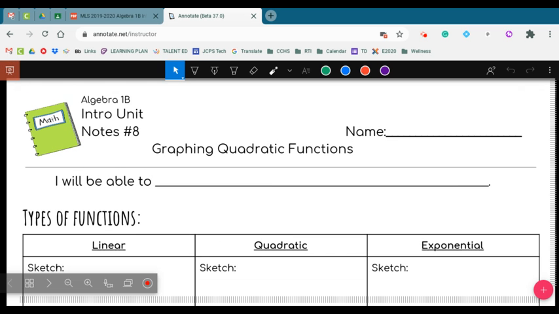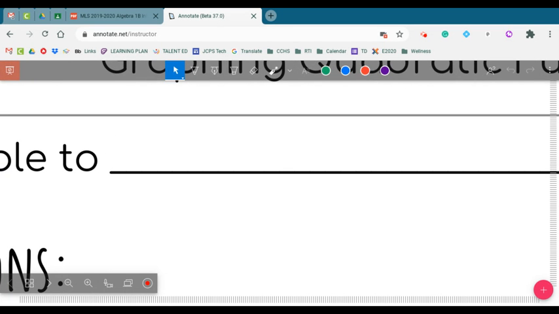Okay, today we're going to do our intro unit, our notes number 8. So yesterday we talked about just the characteristics of quadratic functions. Today we're going to learn about graphing them from a table. So by the end of the set of notes, you will be able to graph